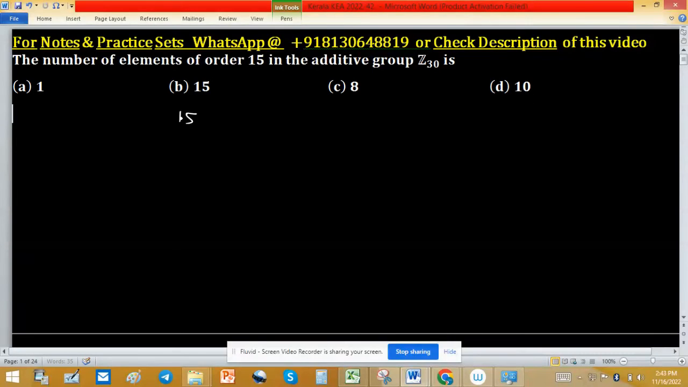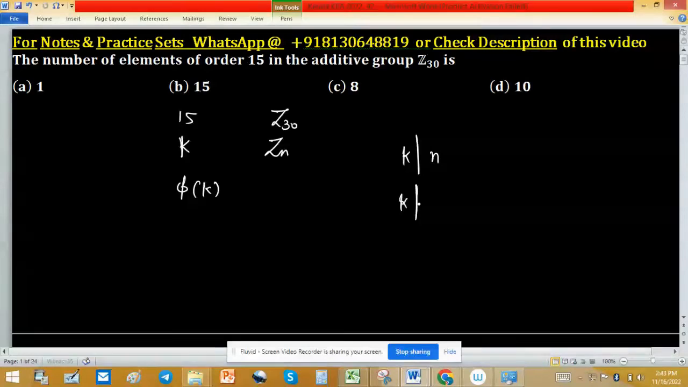The number of elements of order 15 in the additive group Z30. We are seeking the number of elements of order 15 in Z30. For this problem, we first recall the general rule to find the number of elements of a specific order. Suppose we are seeking elements of order k in Zn. First condition is k must divide n. If k divides n, the number of elements of order k will be phi(k). If k doesn't divide n, the number of elements of order k will be